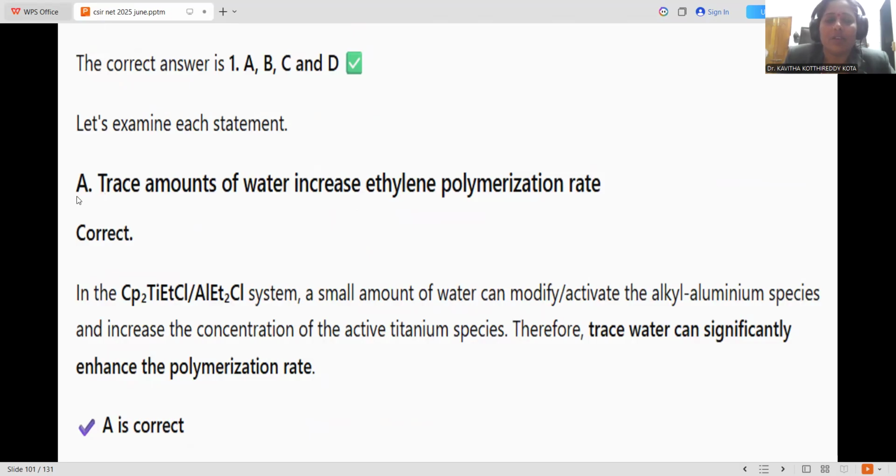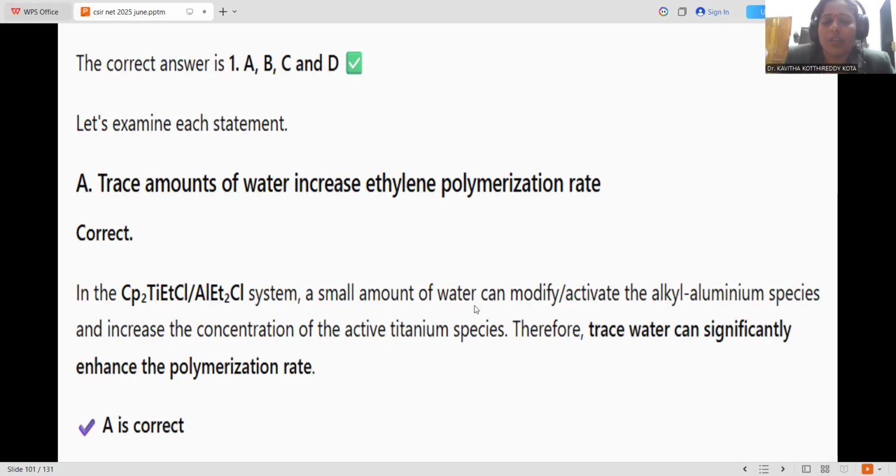First of all, statement A says that traces amount of water increase the ethylene polymerization rate. Whenever moisture conditions are present, polymerization gets amplified. How can we justify this answer? Let me see. In the Cp2TiEtCl and aluminum Et2Cl system, this is the kind of titanium aluminum catalyst